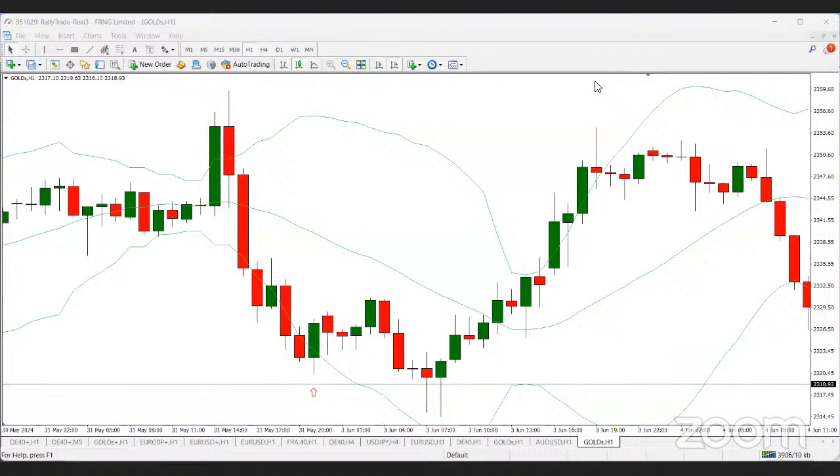If I check H1 and I don't see a signal, I check H4. If I don't see one, I check D1. If I don't see one, I hands off. I don't do anything again. It's only when I'm doing extreme analysis that I want to see large things. I want to see a lot of things at the same time.